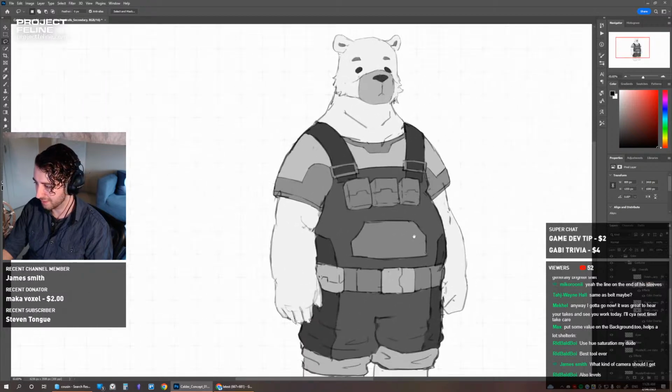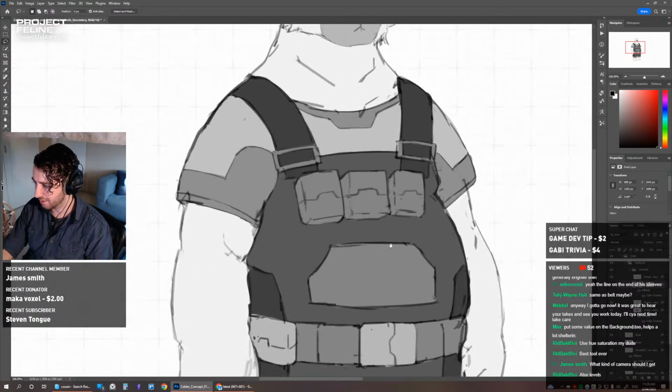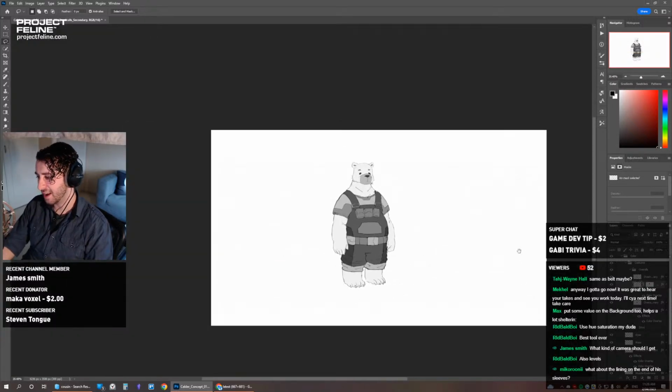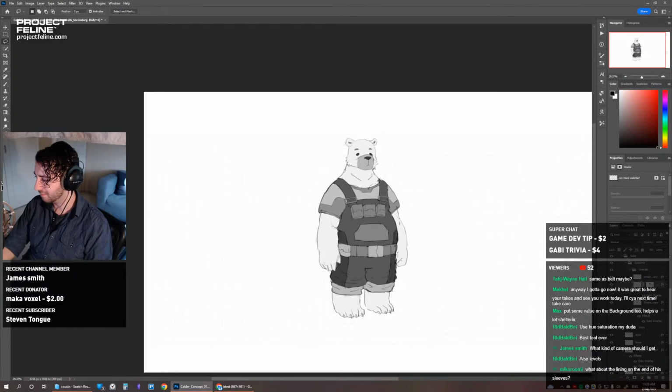Levels. Yeah, maybe. I just want to put these on a different layer. Oh, wait. Oh, hey, I've already got a mask for them. Okay, cool. See that? I actually can't make up my mind. Because without them, I don't know. I can't explain why, but I think I kind of like it a bit better with those.